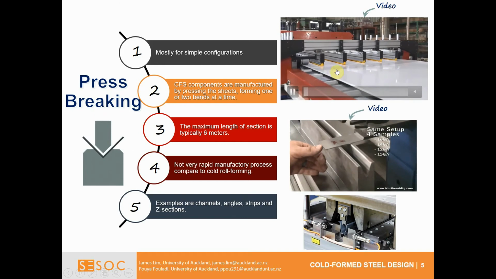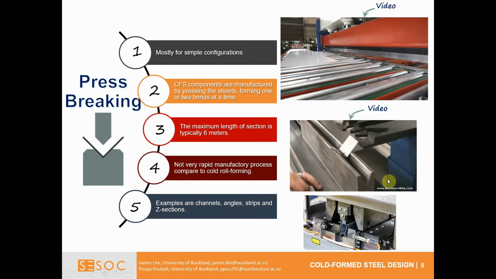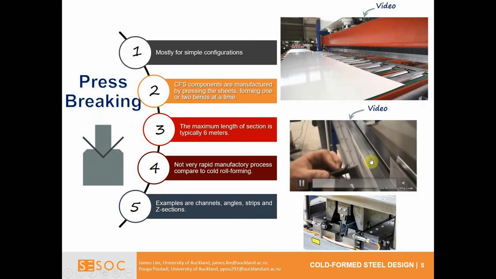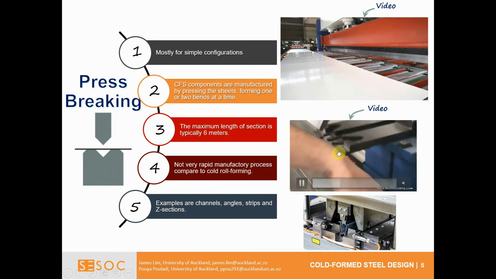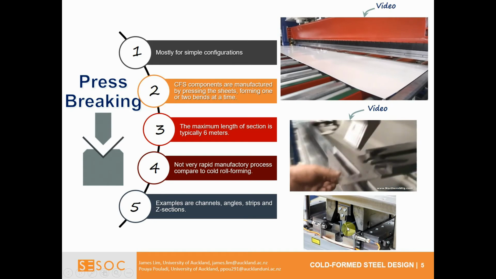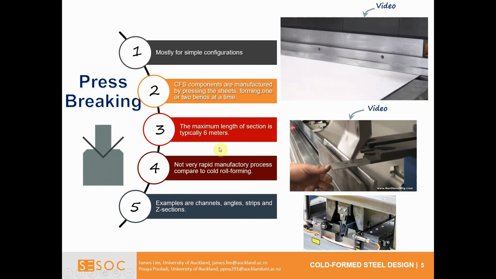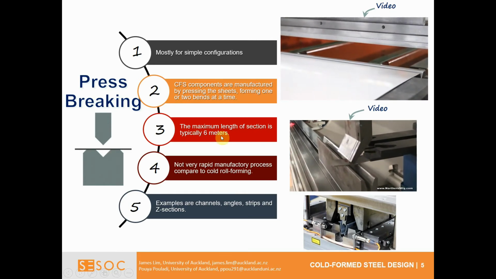Having a look at this video down here, you can see the sheet metal is coming through the rollers, and then it's pressed into shape. Down here, that's another picture of the press braking, which is done at room temperature to change the shape from the flat into an angle section. And then down here, you can see a top hat batten section, which again is pressed at room temperature. So the key thing is everything's done at room temperature, and with this, you can typically get up to